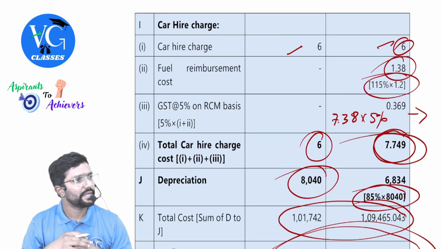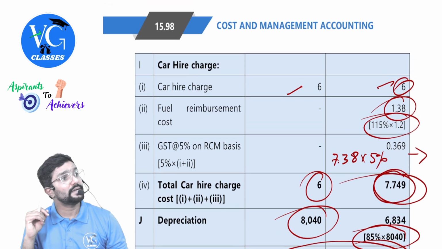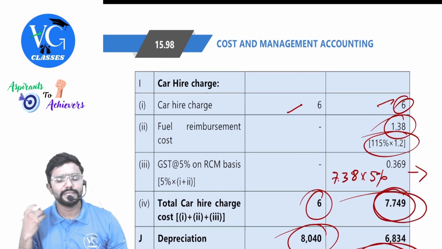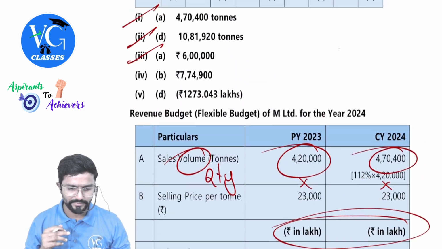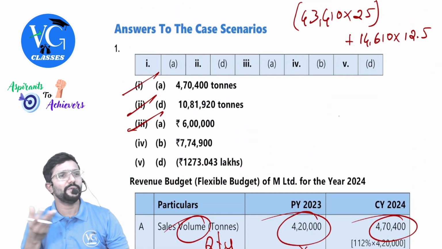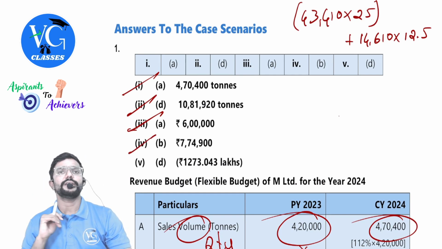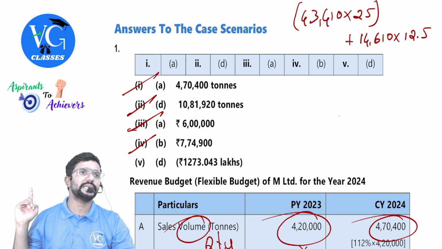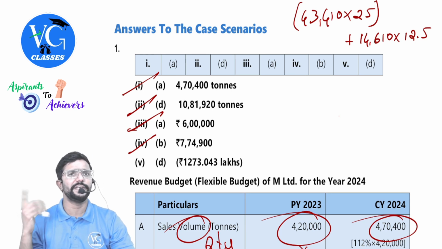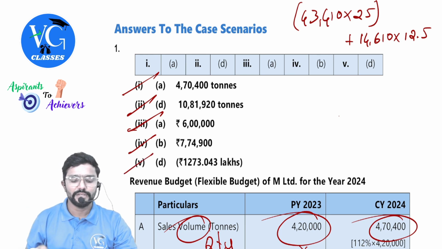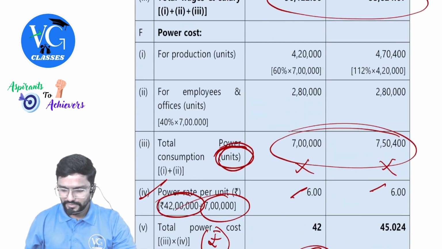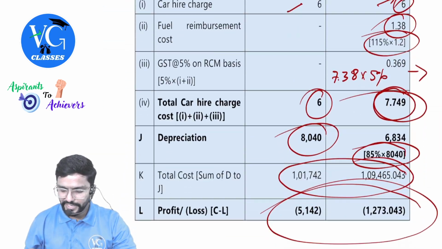Into 1 lakh, into 1 lakh. That we have done, no? I have told already. This we have anyway, copy paste of question only. It is already given in the question. Yeah, 774,900. Please be careful, it is calculated in lakhs. You will convert again into rupees, into 1 lakh. Then the last one is profit or loss. Loss. But 2024, right?